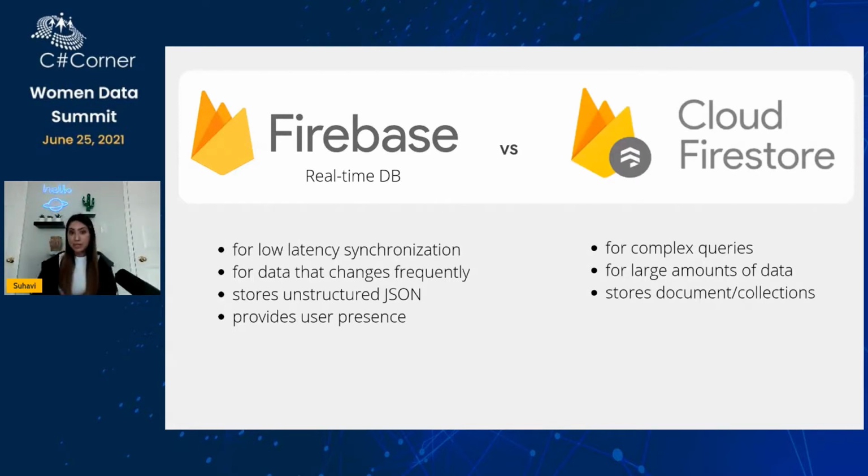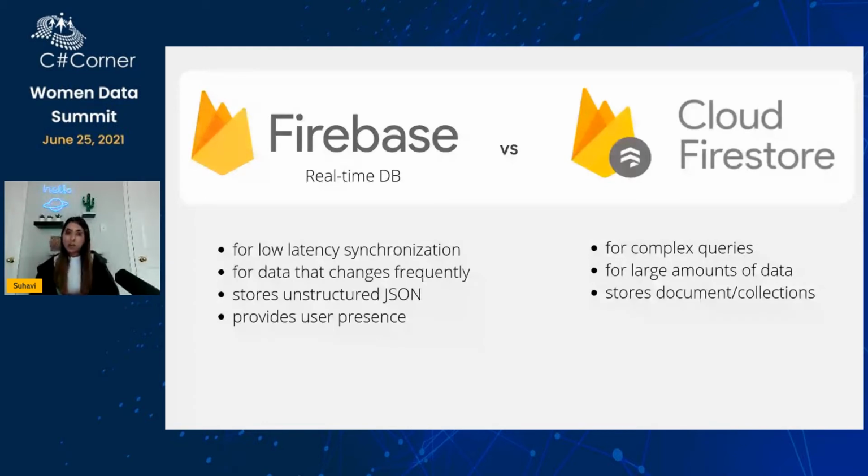My use case was pretty simple, just basic synchronization across all users connected to the database, which is essentially what real-time DB is used for. And it does this task with relatively low latency. Another factor that differentiates the two is what your storage needs are. If you're storing tons and tons of data that isn't going to be accessed as frequently, then Cloud Firestore is going to be better for you. But if you know that your app isn't going to need lots of storage, but instead will have multiple users accessing and maybe modifying the data, then real-time DB is going to work better for you.